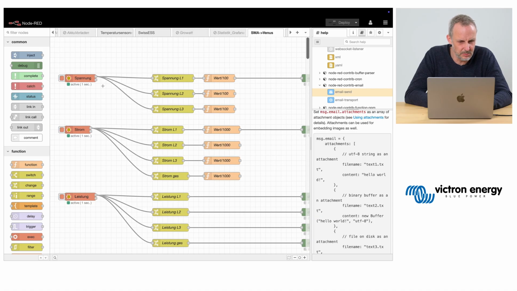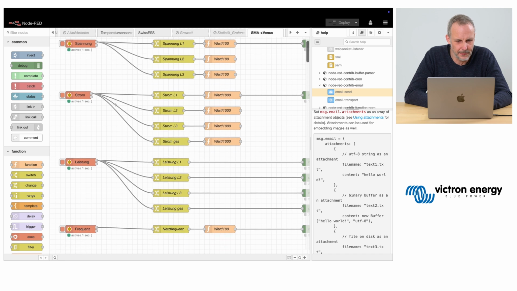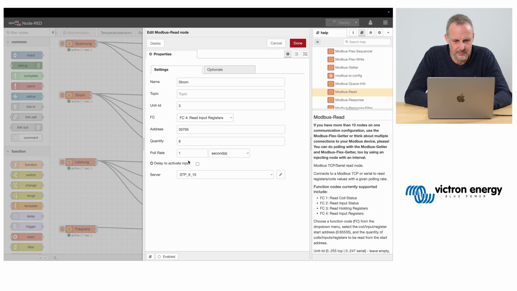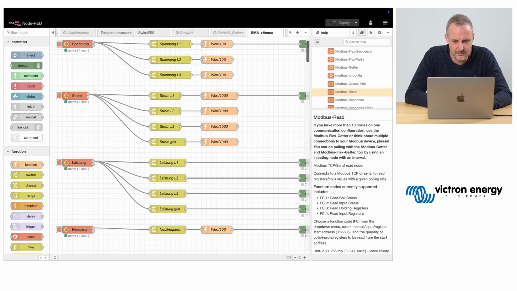This is using Modbus to read out different voltages. Which is a bit cryptic. You read out a specific Modbus address, and then you get a value back.